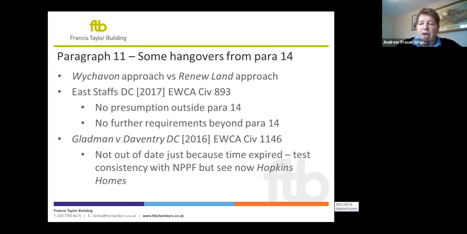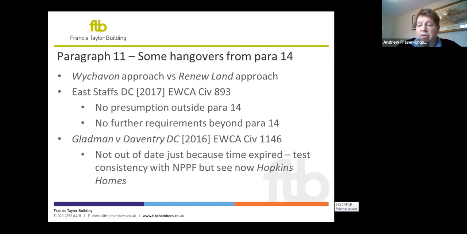Now, one of the earliest examples really of this process of reading the document in order to understand what it really means came through in a couple of matters which are still relevant to paragraph 11 and the 2019 NPPF, which were determined under the old NPPF. And the first of those is the issue of what is there to the presumption in favour of sustainable development apart from